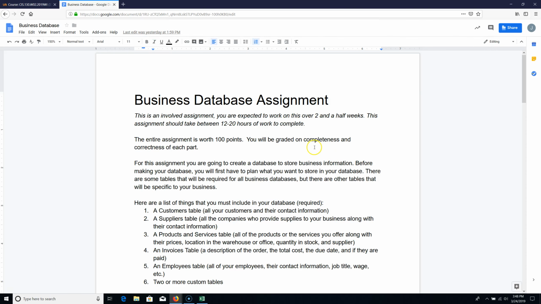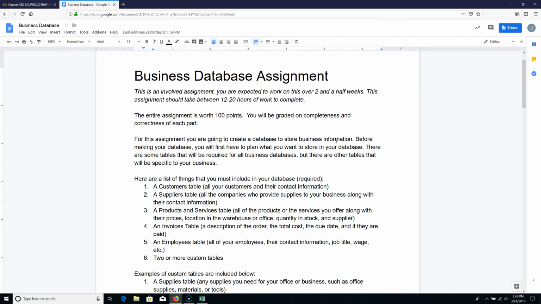Hey everyone, so the first step of your business database assignment is to plan your database. When we look this over, we want to have a good solid plan for our database so that we can easily put it into Access instead of having to fiddle around with where our relationships are going, things like that. Plus, given it's your first step, that way I can look it over and give you any feedback, because after